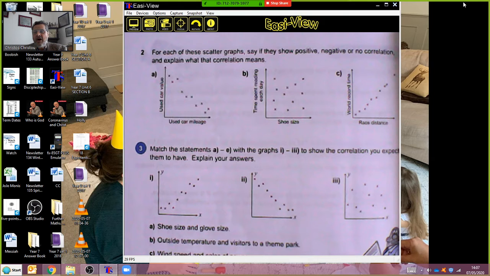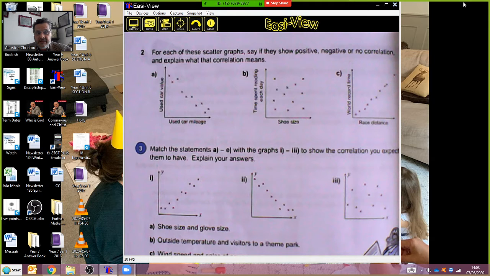Generally, it's true. That doesn't mean if I go on a long journey, I've suddenly lost half my car's value. I have not. Just that if you've got a car that's got 60,000 miles on the clock and an identical car with 102 miles on the clock, the one with 102 miles has done less life than the one with 60,000 miles. So you can get that car a lot cheaper because there's less life left in the car, so to speak. Do you understand that? Does anyone understand that about mileage and the value of the car?